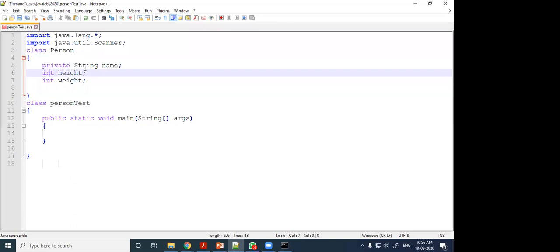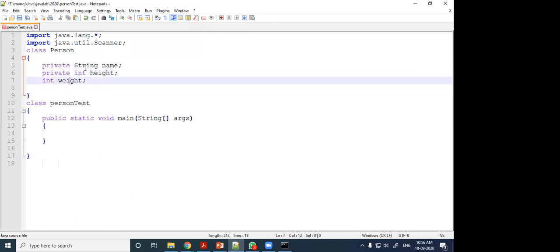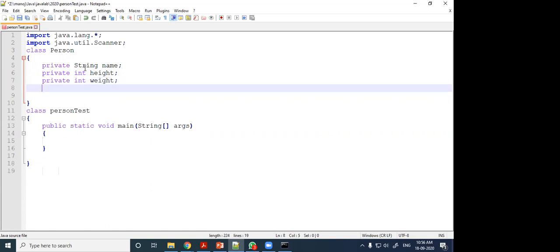Private string name, private int height, private int weight. So these three things we have declared as private, so that we cannot access these three members outside the person class.